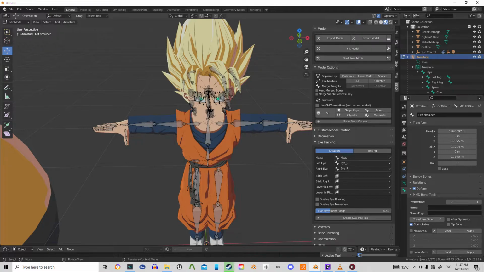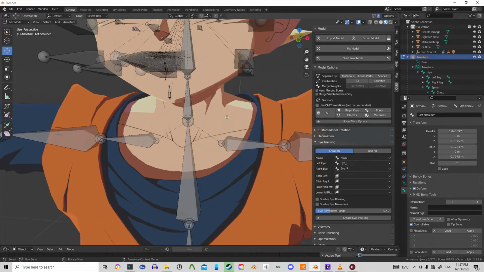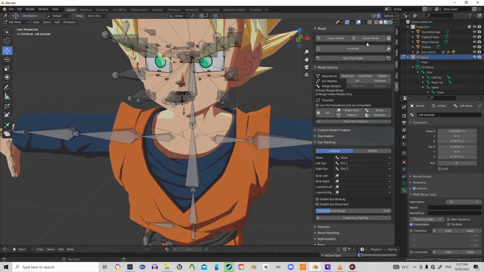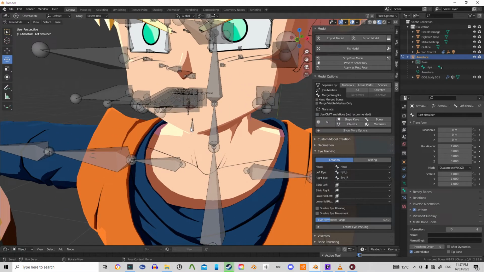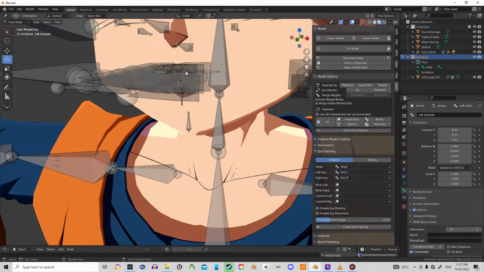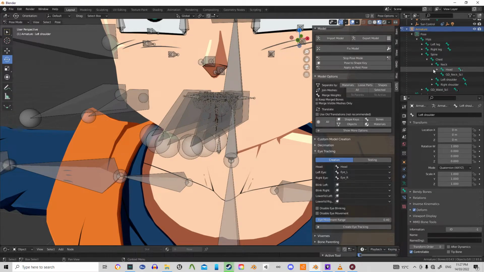Alright, so now back to Cats plugin. We now need to pose for mouth and eye movement. So we start pose mode. This is where it gets tricky, because for mouth movement there are a lot of bones here. But if we open up the hierarchy to the head,